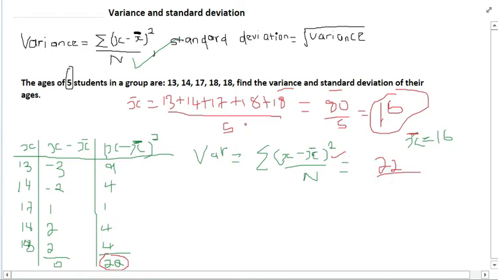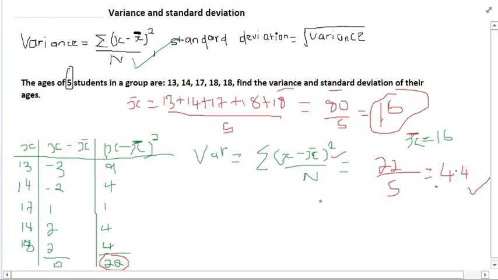Then over n, how many entries? 5. 1, 2, 3, 4, 5. 22 over 5. 22 over 5 is 4.4. Okay, then the variance is